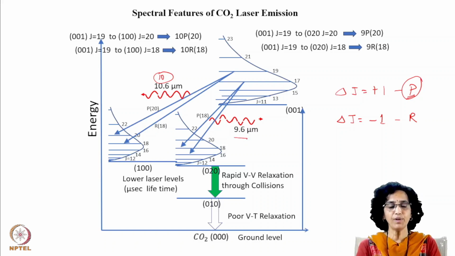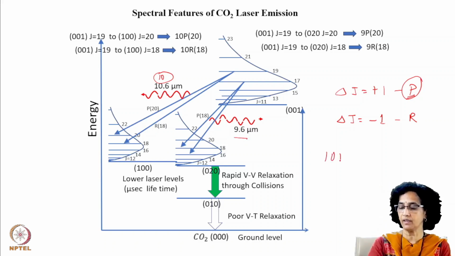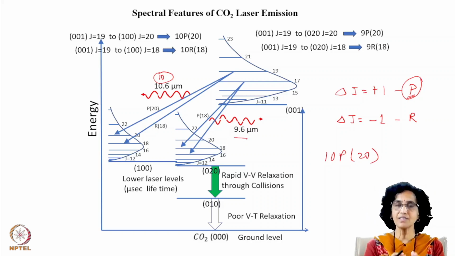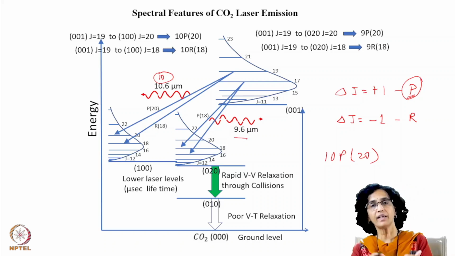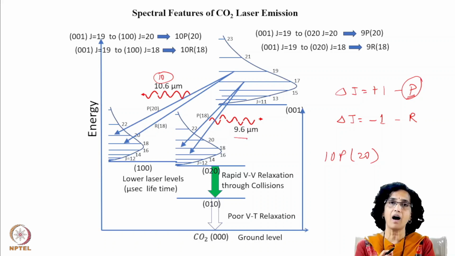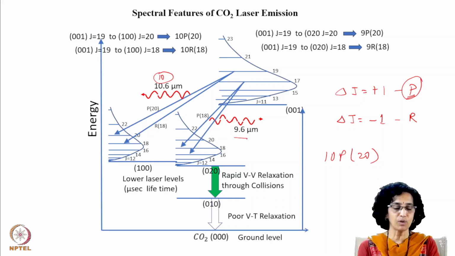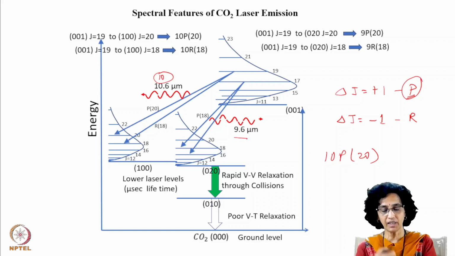Now, when we operate a CO2 laser under free running condition, we have said that it normally operates on 10P20 or 10P18 because gain is maximum there. Okay, now let us try to understand this a little more in depth, that what can be the emission feature of a CO2 laser and how is it possible that we may discretely tune it. Say we want to operate on 9 micron band or we want to operate on a particular 10P branch line, then what is the way by which we can go about it?